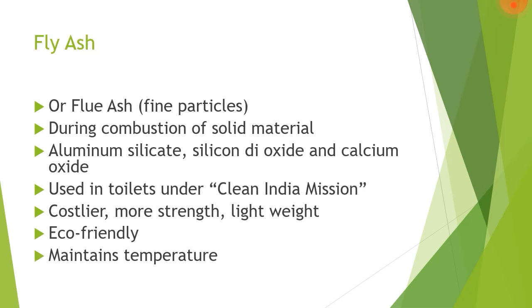Fly ash, or basically the flue ash, is produced whenever combustion of solid material takes place. It comprises fine particles and tends to travel far in air. The constituents of fly ash depend on the type of coal used, but generally it consists of aluminium silicate, silicon dioxide and calcium oxide. While earlier fly ash was allowed to be released into the atmosphere, which is a major environmental concern, later on it is disposed of in landfills and ash ponds, which has its own problems.